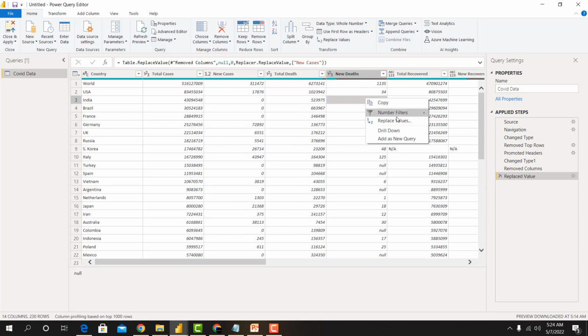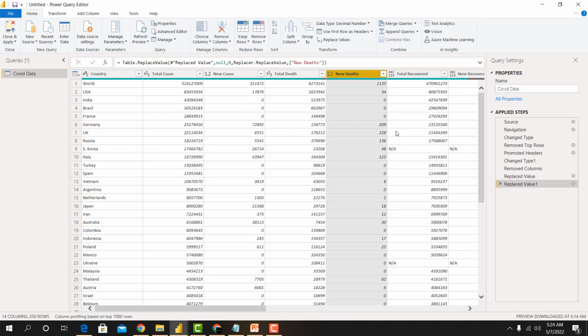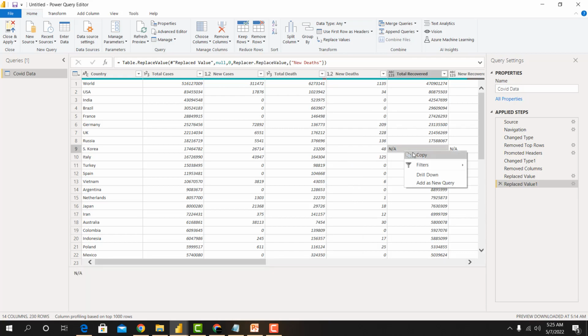for all of these other columns. Replace value by what? By 0. Click on OK. I'll do the same thing here. Total recovered. No information was given on that particular day, right? So it's not available. So